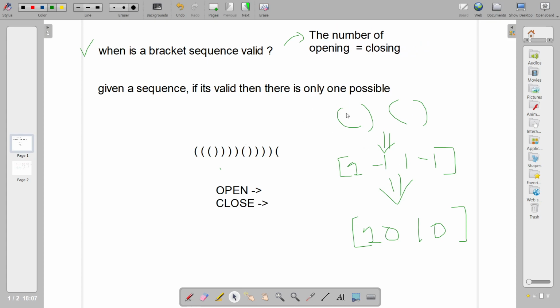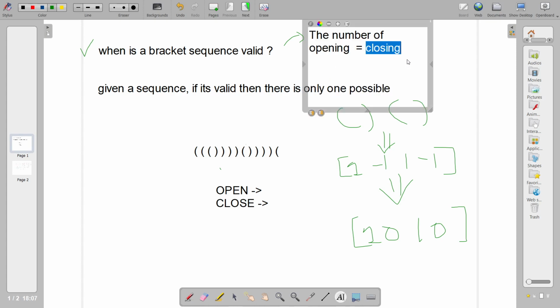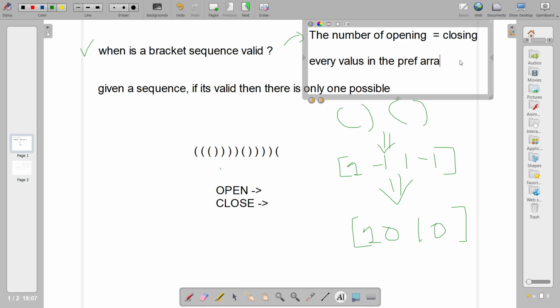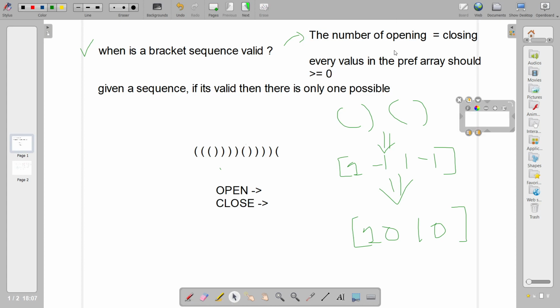For this sequence, first you will check that condition. And the second thing is, once you make the prefix array like this, every value in the prefix array should be greater than or equal to 0 every time.